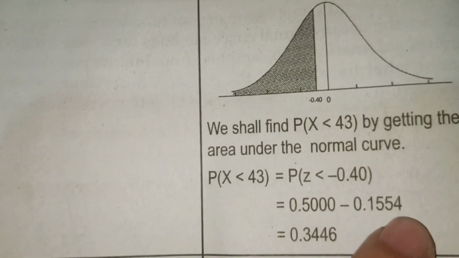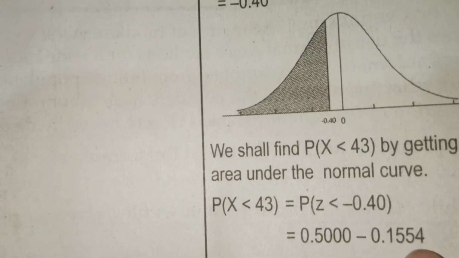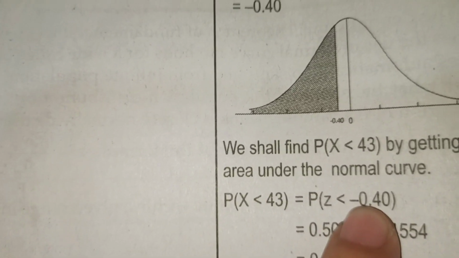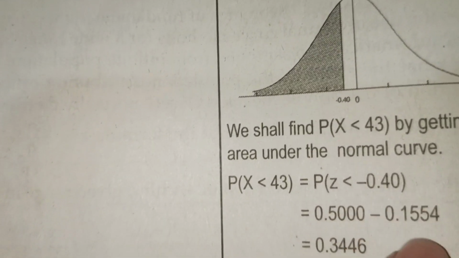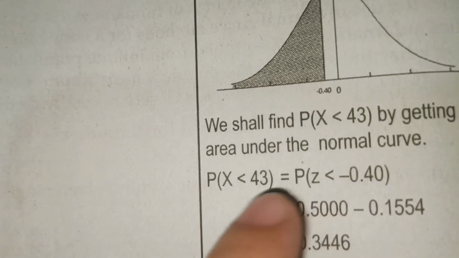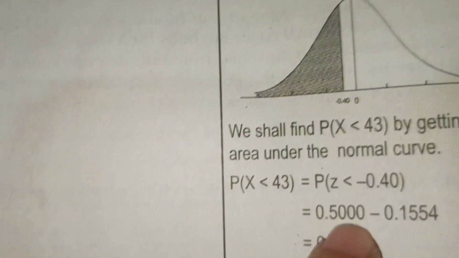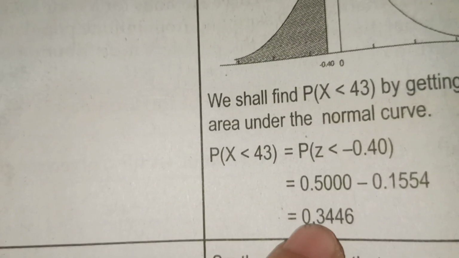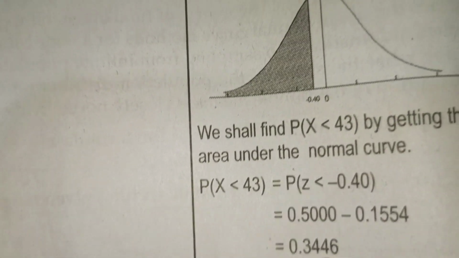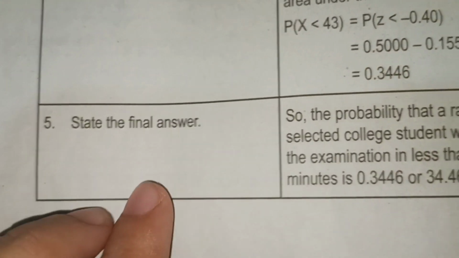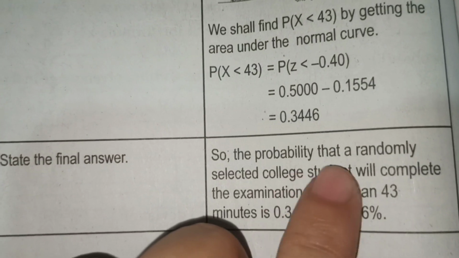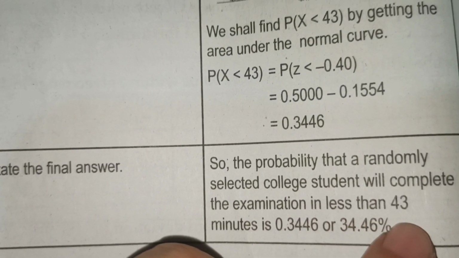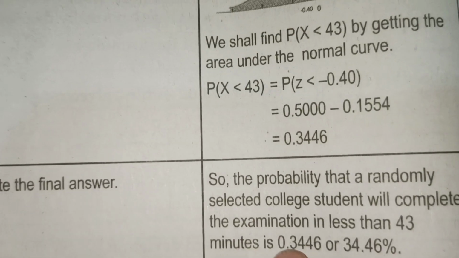0.1554. Makukuha niyo yan dun sa songbook, yung sa binigay ko sa inyong songbook, yung table ng z-score. So, yung 0.40, ang katumbas niya ay 0.1554. So, 0.5 or 5,000 minus 0.1554, the answer is 0.3446. So, the final answer will be the probability that a randomly selected college student will complete the examination in less than 43 minutes is 0.3446